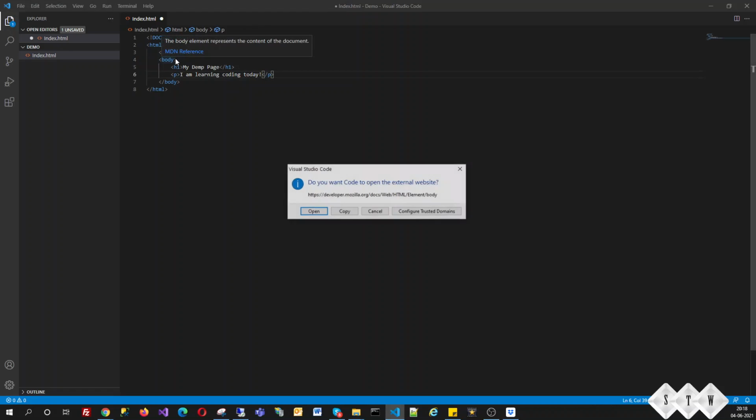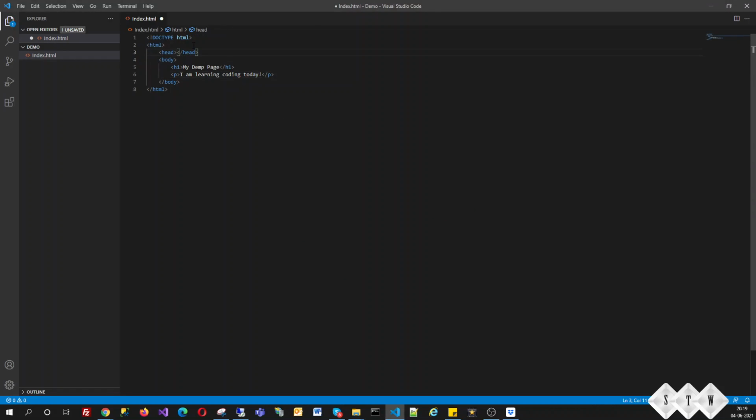And under the head tag you can add a title, demo page, and this is how our first page is created.